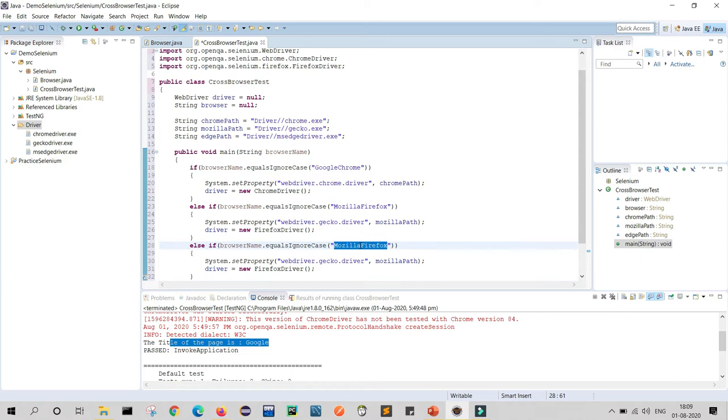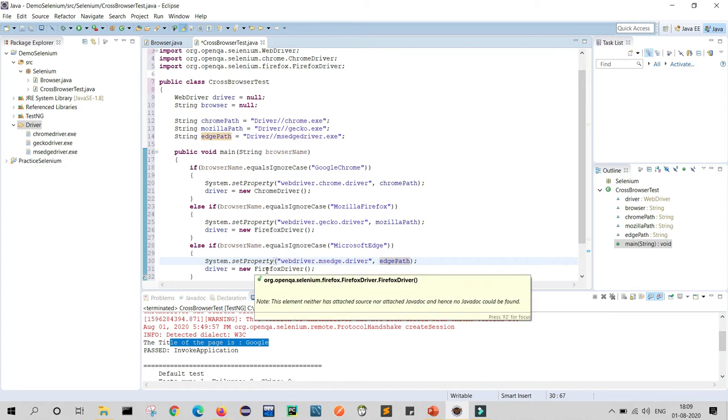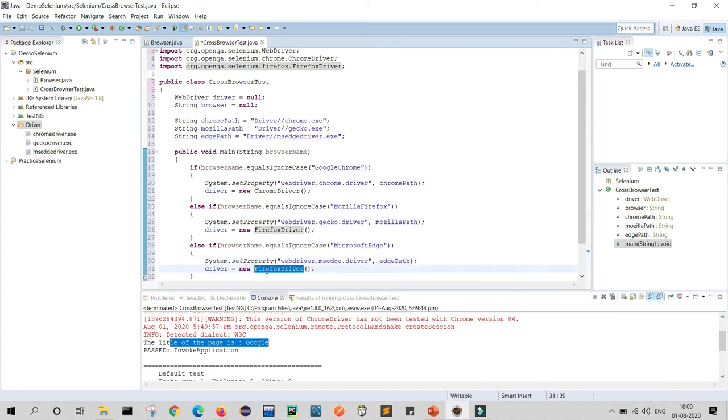So if my browser is Microsoft Edge, then my system property should be MSEDGE, and the path will be Edge path, and it will open Microsoft Edge driver.